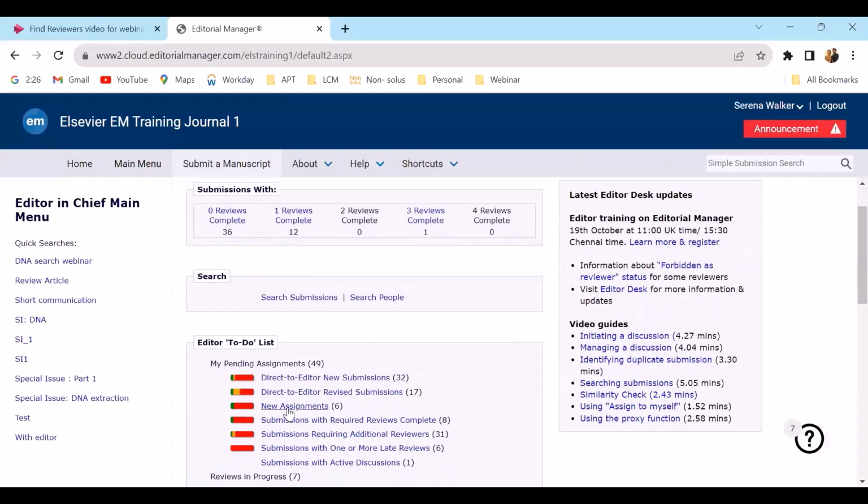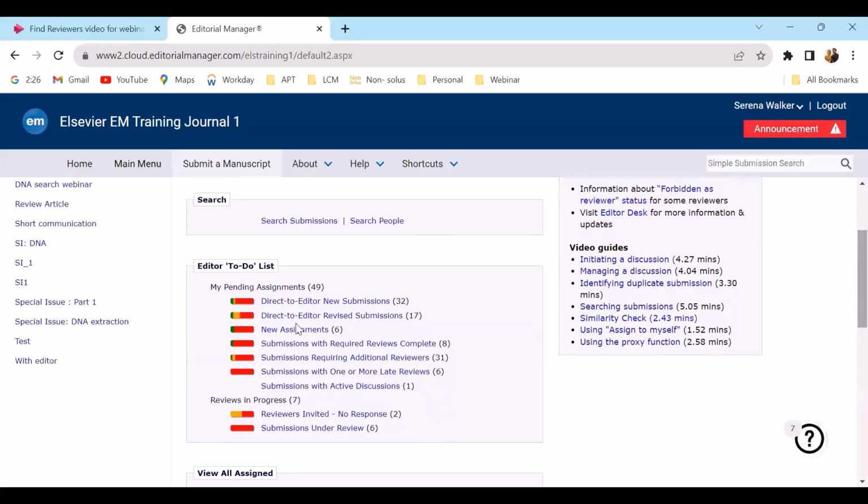So from the new assignments folder, you can either invite reviewers directly, or you can assign the paper further to a subordinate editor for handling the peer review process. Or you can also make a desk recheck from the new assignments folder here. Once you have invited reviewers for a particular manuscript from the new assignments folder, it will automatically move into the